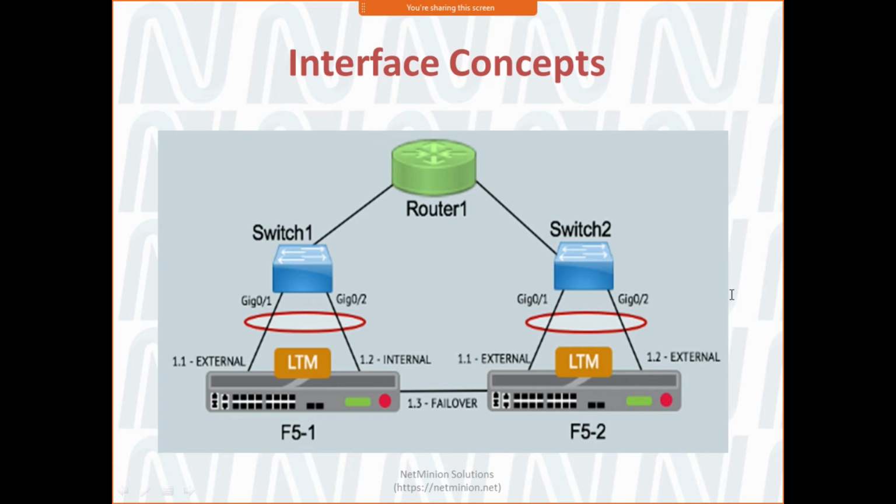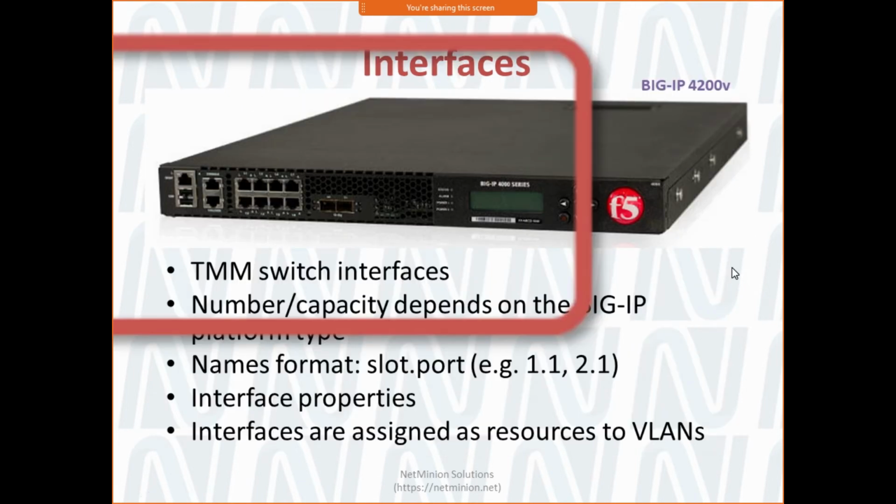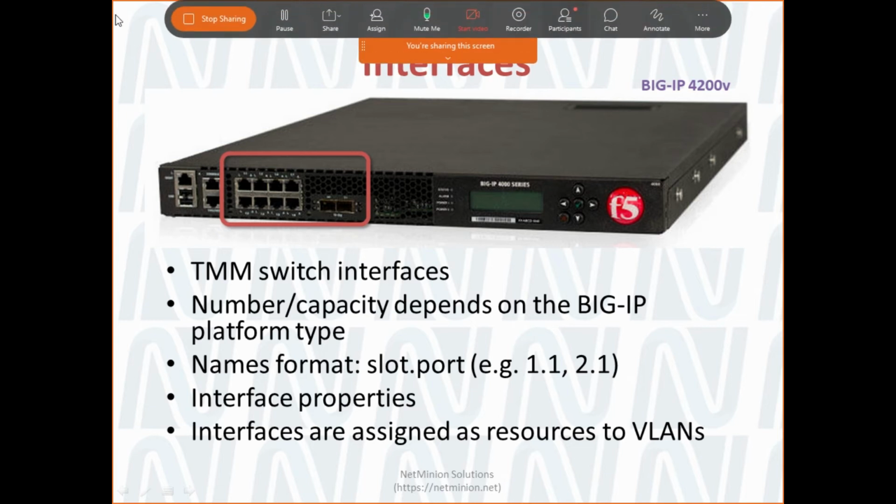Okay. So BIG-IP system has two types of interface. One is the management interface. Second, which is carrying your actual data, is your TMM switch interface, or we can say traffic management interfaces. These interfaces are named 1.1, 1.2, 1.3. I will be showing all these things in later slides. So let us quickly go and see how these will be used.